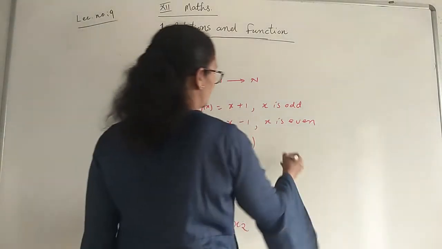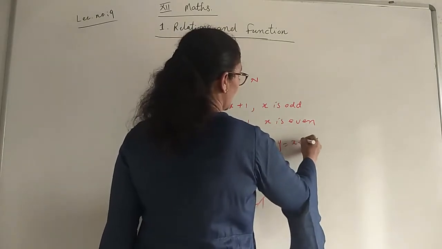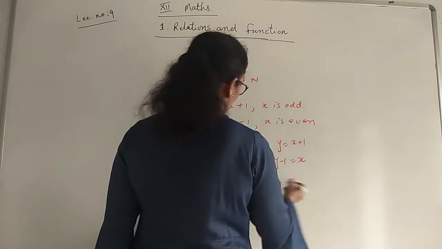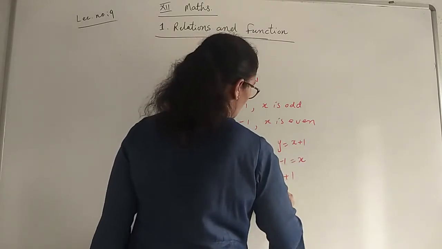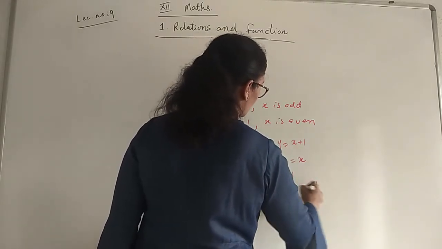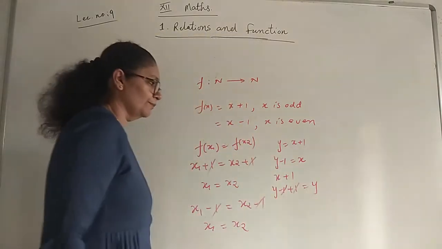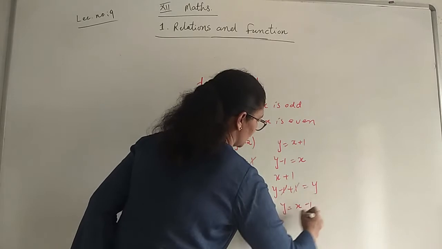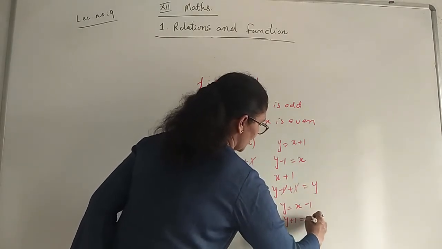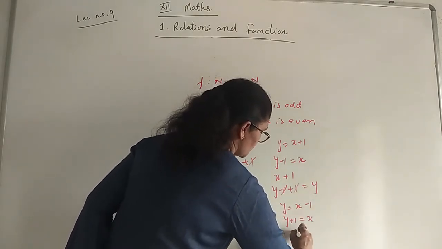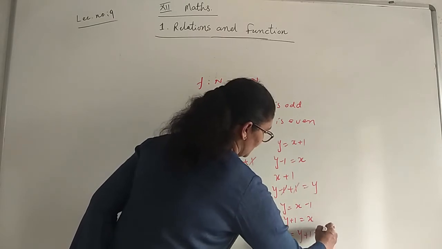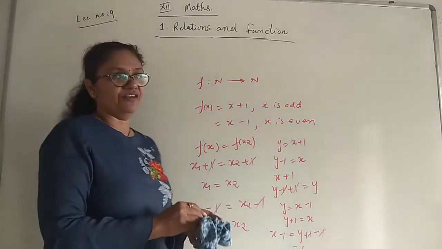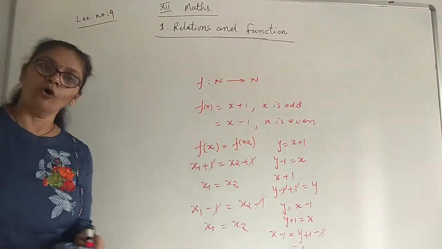Now come to onto. Y equal to x plus 1. Shift 1 to the side of y, so x equals y minus 1. Now put it in x plus 1. So y minus 1 plus 1 equal to y. So this way we can prove with x minus 1 also. Y equal to x minus 1. So y plus 1 equal to x. Now when you write x minus 1, it means y plus 1 minus 1, plus or minus 1 cancels. So this way by definition also you can prove it is onto.